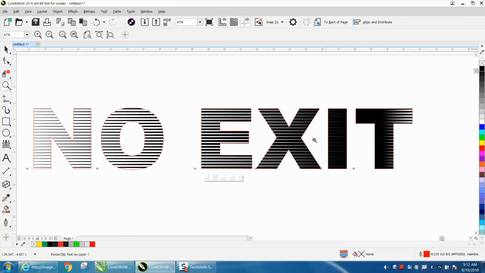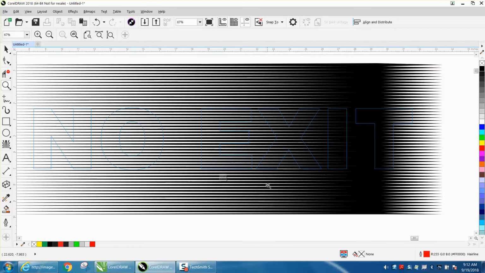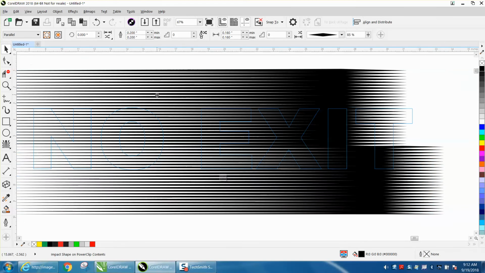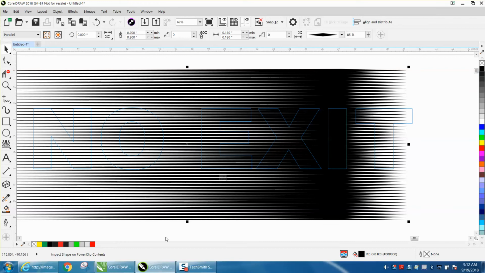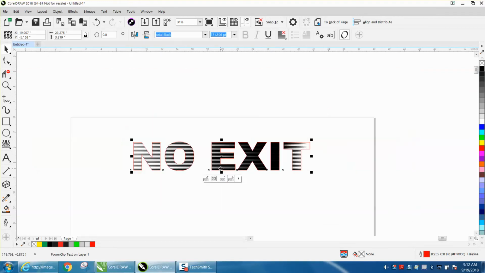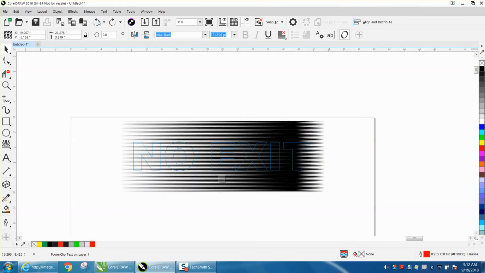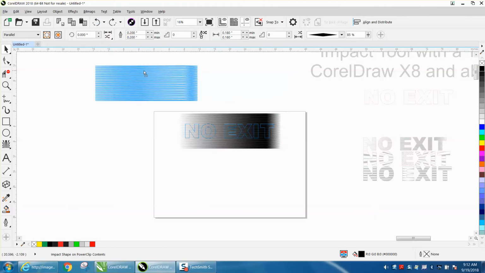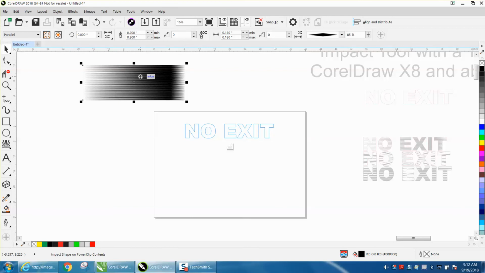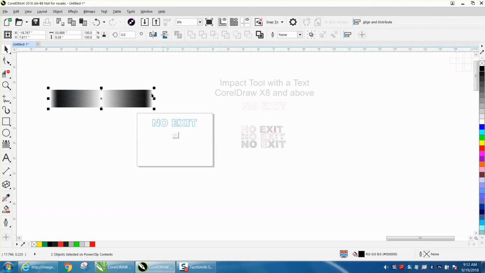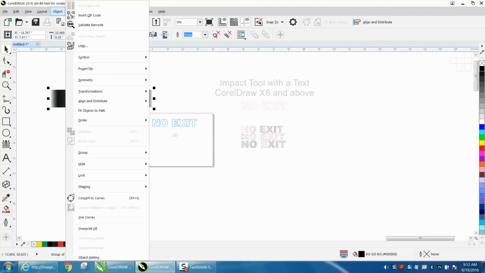Of course, you can edit it like any power clip and move your power clip around and get whatever you want, and then just click on it until you get to the box that says stop editing. So let's do that. But then I like playing around with this stuff, and what you can do is Control D, and then holding down your Control button you could go here, and then you could group this together, Control G, and then you could go to Object, Power Clip,